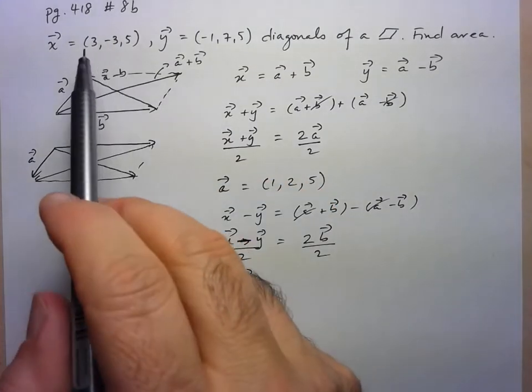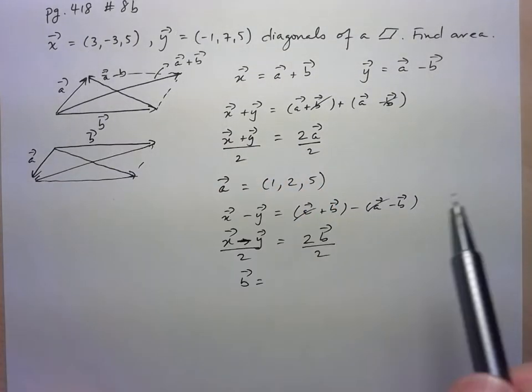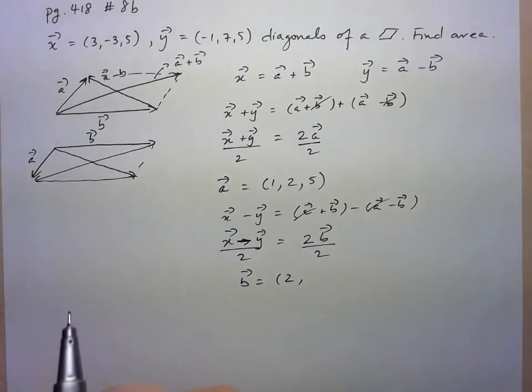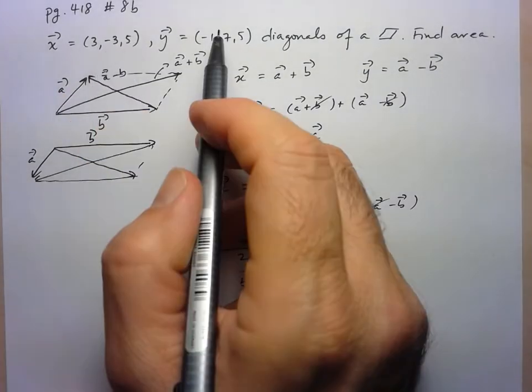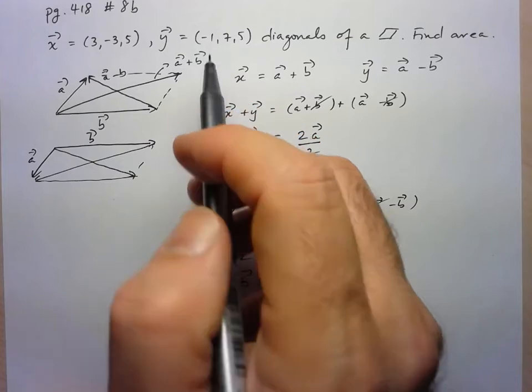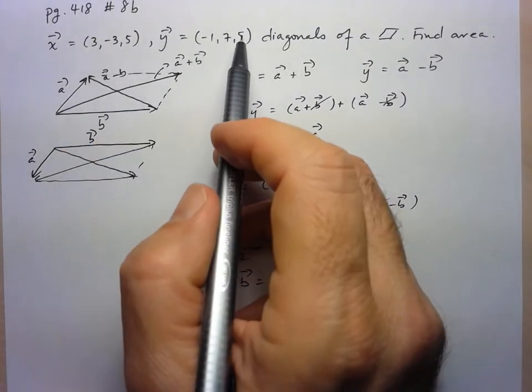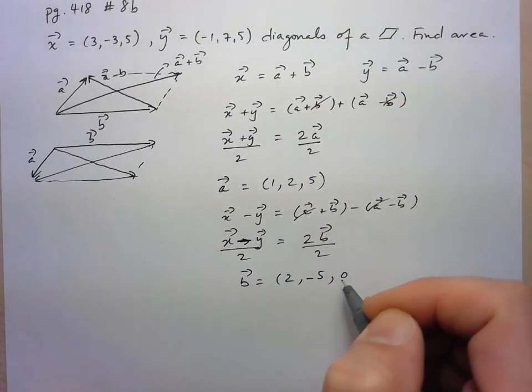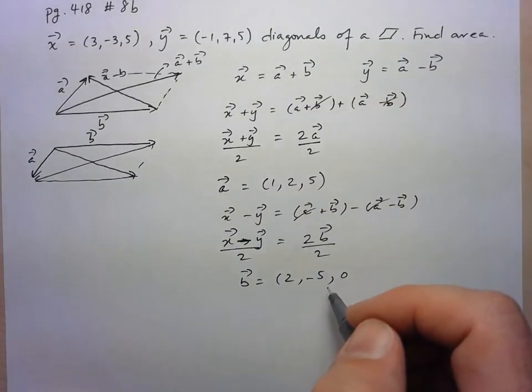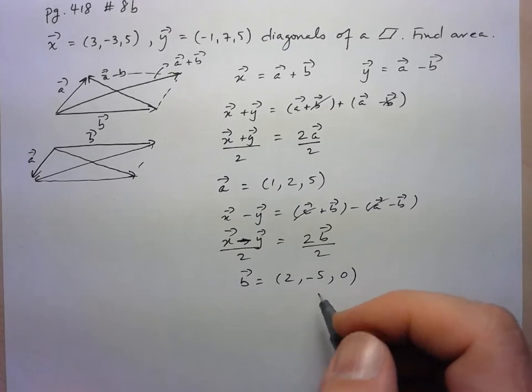So let's do x minus y. 3 minus negative 1 is 4, divided by 2 is 2. Here, negative 3 minus 7 is negative 10, divided by 2 is negative 5. And here we have 5 minus 5 is 0, divided by 2, of course, is just 0. Okay, and so now that I have